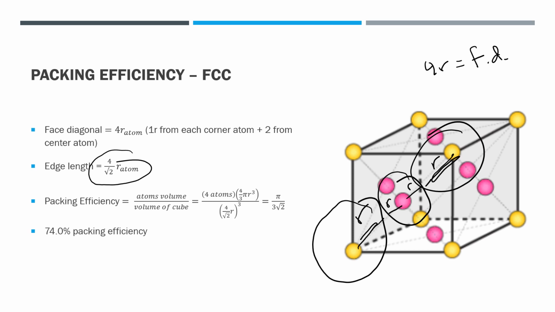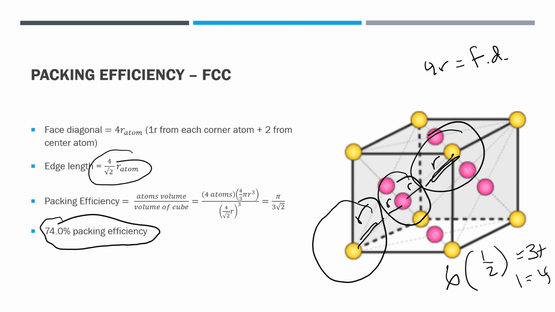And the number of atoms in an FCC is 4 atoms total, right? Everything on the corners gives us 1 atom, but we have 6 atoms on each face, and remember the faces are half an atom. So we have 3 from the faces, plus 1 from all the corners gives us 4 atoms total, right? So we have 4 atoms times 4/3 pi r cubed to give us the total volume that the atoms take up, and that divided by the edge length cubed. And if we do the calculation, that comes out to a